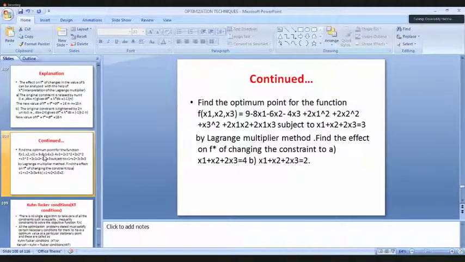What is the order of the matrix for this question? Can anyone tell me? 3 by 3, 2 by 2, 4 by 4, 5 by 5. Four by four. Thank you. It is 4 by 4, please.